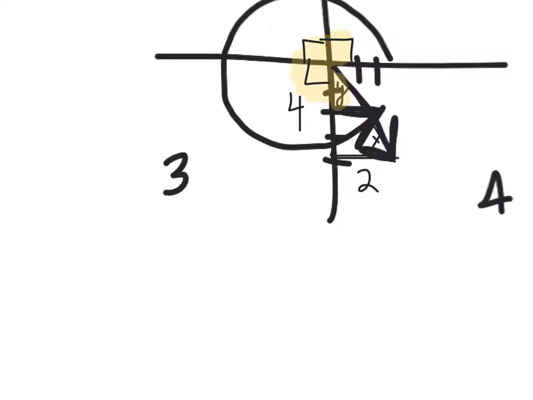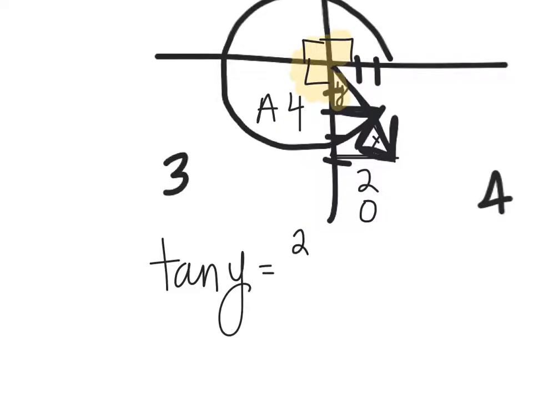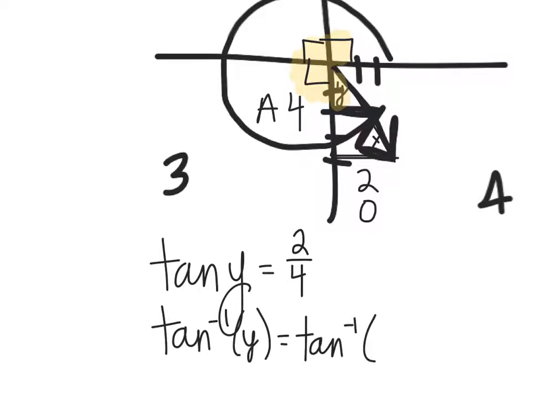So how do I find angle Y? Well, it's a part of a right triangle, so I can use sine, cosine, or tangent. Here I have the opposite side is 2, and the adjacent side is 4. So I'm going to say that the tangent of angle Y is opposite over adjacent, so it's 2 over 4, or 1/2. In my calculator, I type in inverse tangent of 2/4 because we're taking the inverse tangent of both sides. And I find that the inverse tangent of 1/2 is